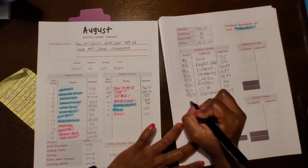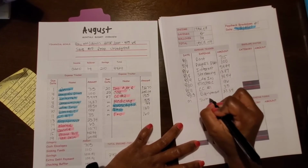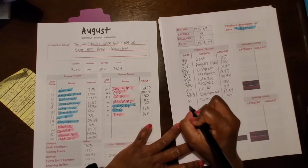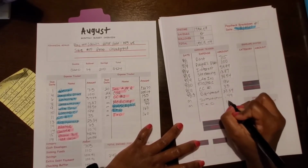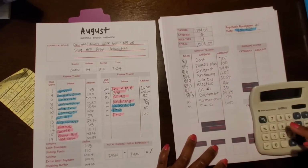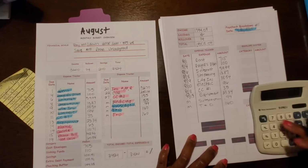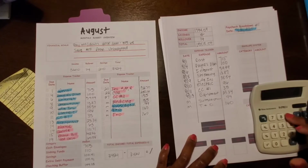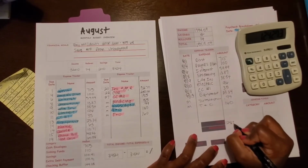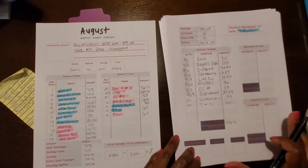Additionally, we do have some miscellaneous. We have the subscription for the payers plan that will be taken out, so that's 99¢. And then of course we have our tithes and offering, and that is 160. So I'm going to go ahead and calculate the total. So that's $1,242.73. The next thing I go to is my envelope system, and that's why I have my tab here,